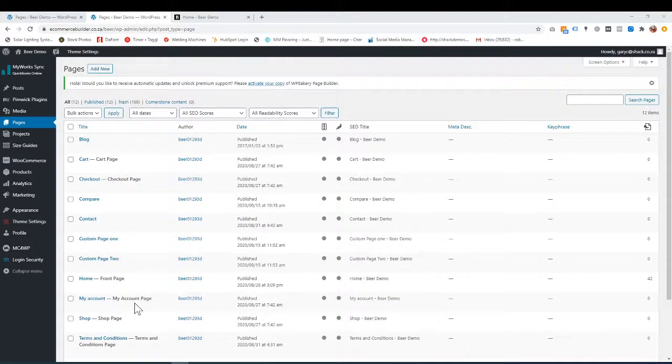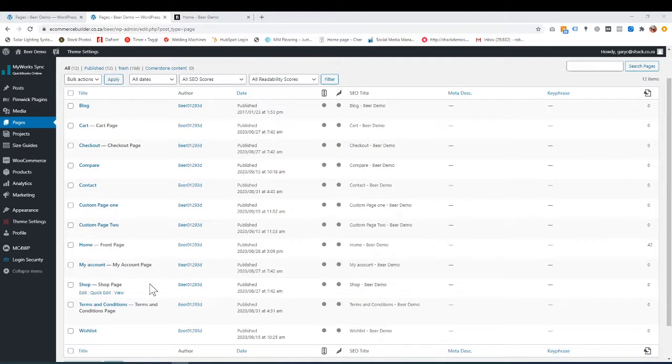I've got a few tutorials on this, how to edit pages, how to edit existing pages, how to add new pages, and so on. So it's going to take quite a long time. So in this tutorial, I'm just going to show you how to edit a page and just briefly go through these. Depending on the package you've chosen, these are all the different pages you'll get,